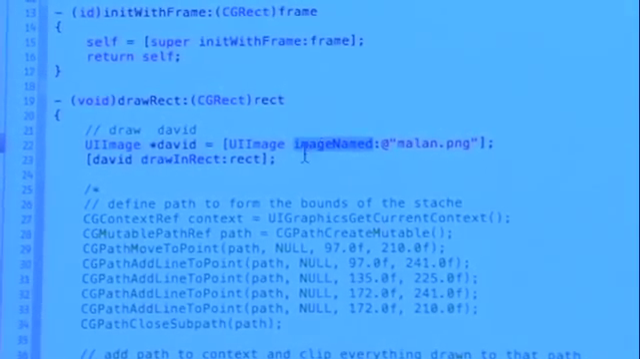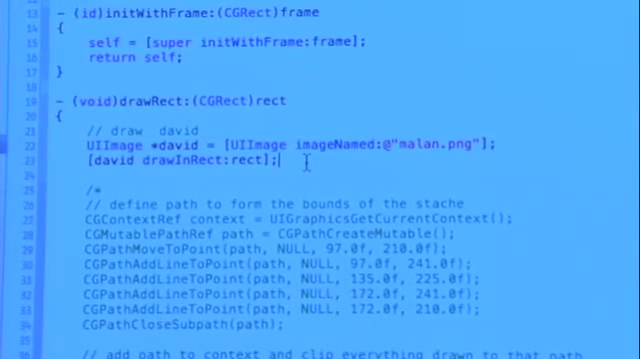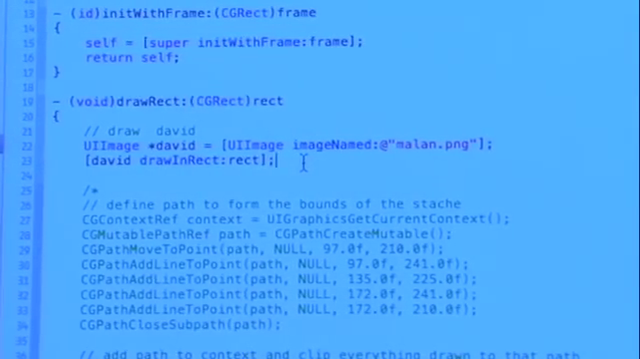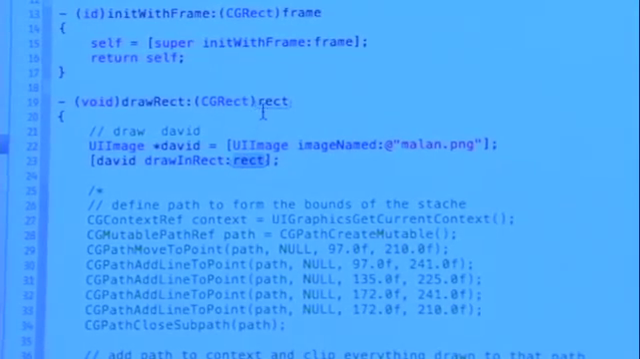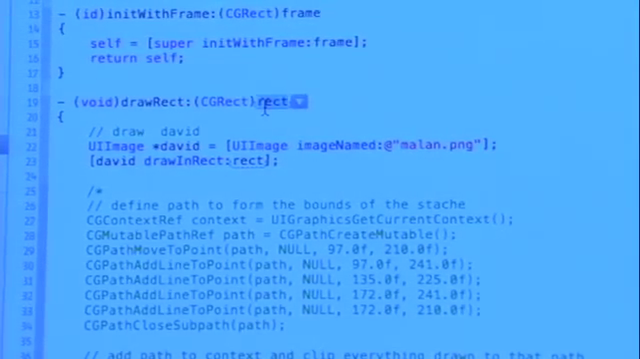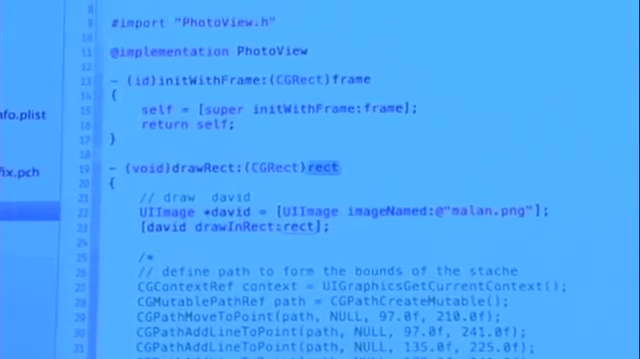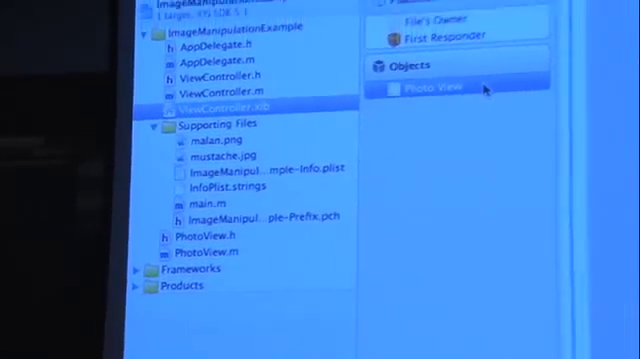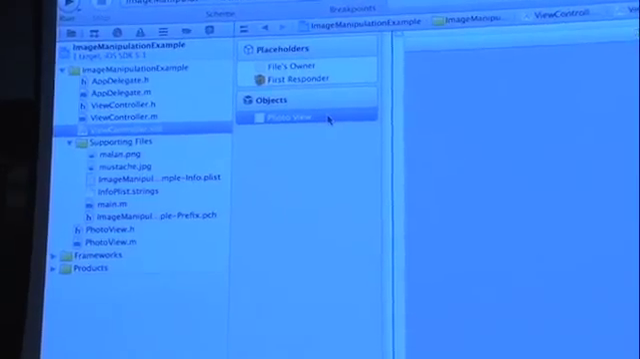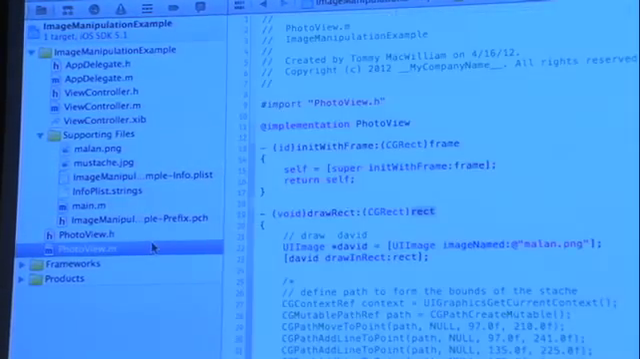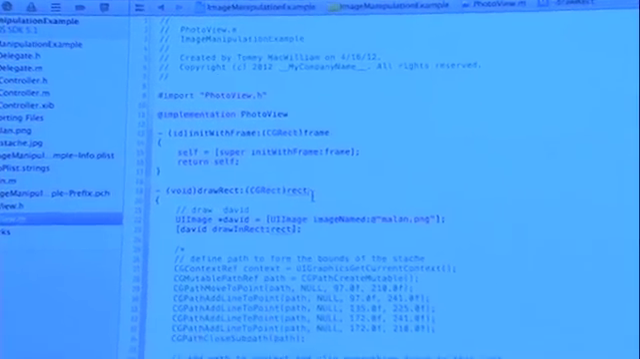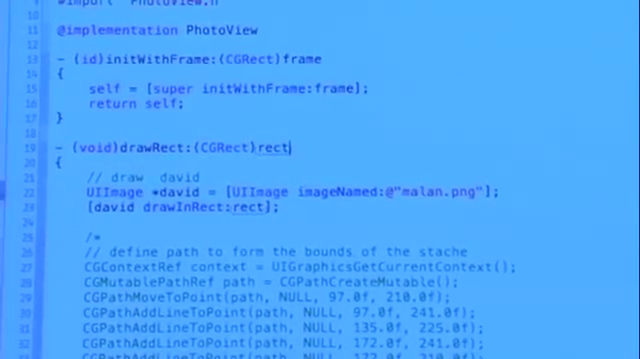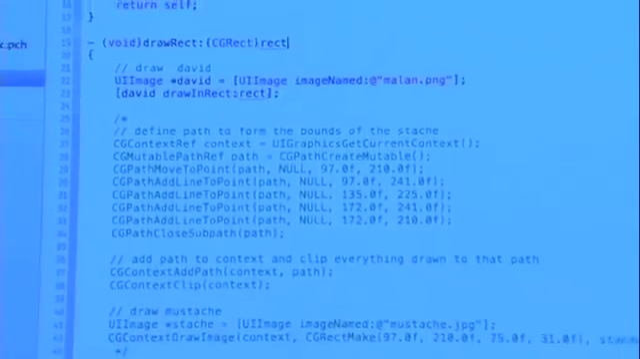So then to actually just draw that image using Objective-C, no fancy Core Graphics stuff, I can just say drawInRect, and this rect here, you notice this rect parameter was given to me by the drawRect method. And that's because, again, I'm using the same technique. I've replaced the default view with this view called photo view. And so that means that this supplied rect parameter just represents the entire screen. And so that's why when I said drawInRect, I have actually just drawn the entirety of the image to the